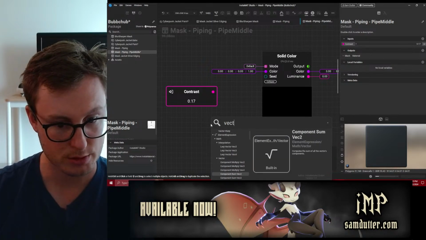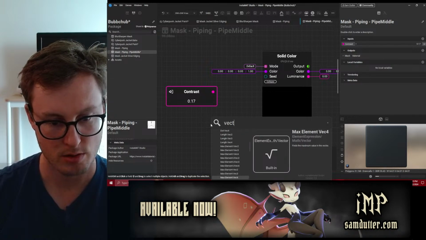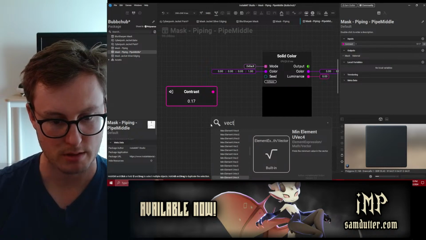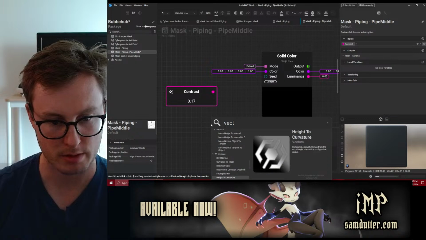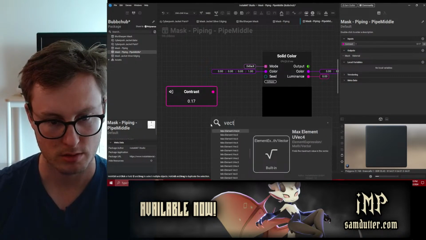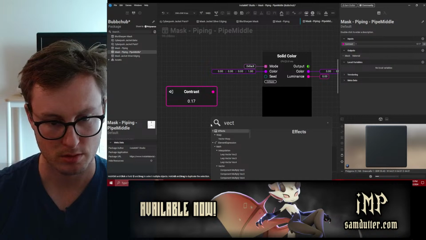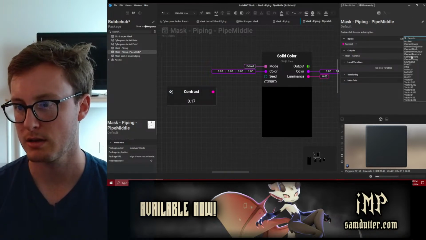I can lerp a vector, component, multiply. I can sum, max element, and normalize vector, bend vector. Oh wait, what if I just say